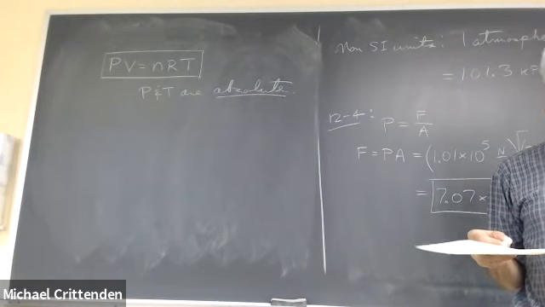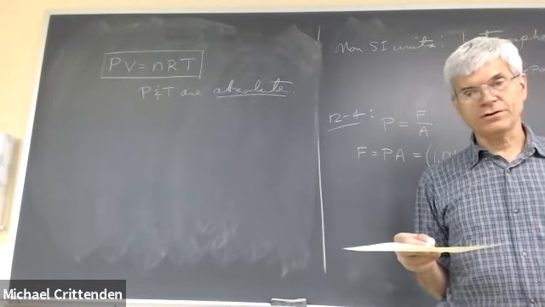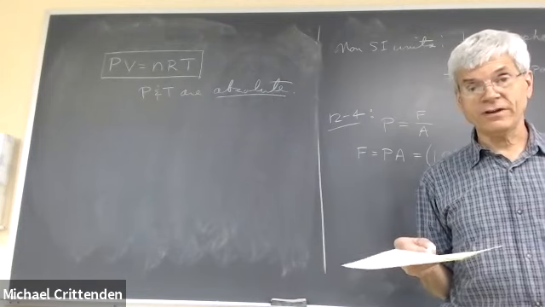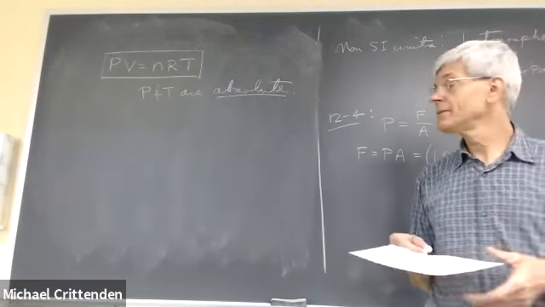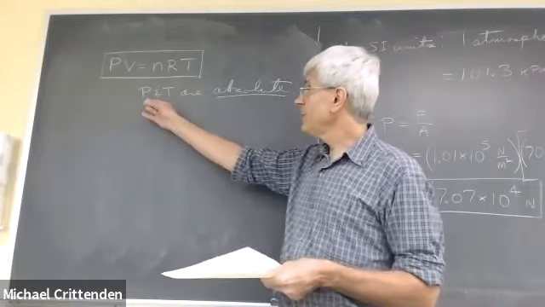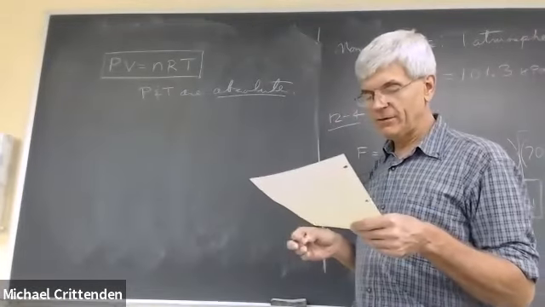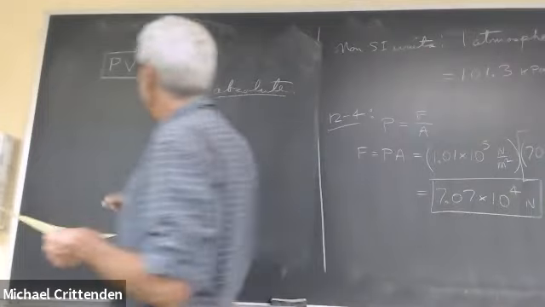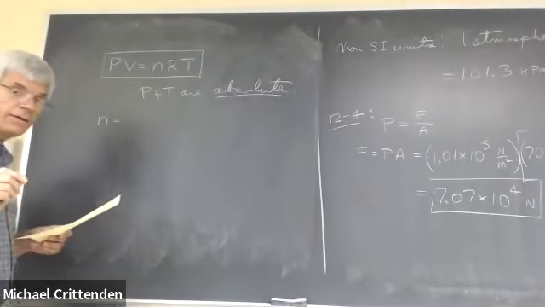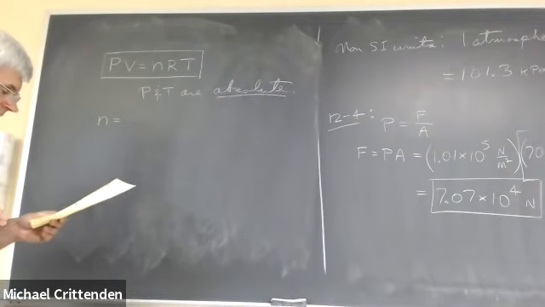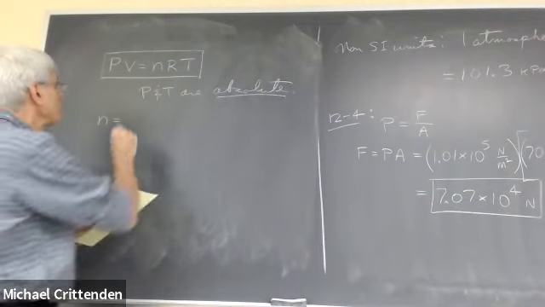Commonplace, I use some red ink, as the question gives you the temperature in degrees Celsius, and you forgot to convert it to Kelvin. Likewise, gauge pressures have to be converted to absolute. N, that's how you tell the equation how much gas is in the container. That's the number of moles.